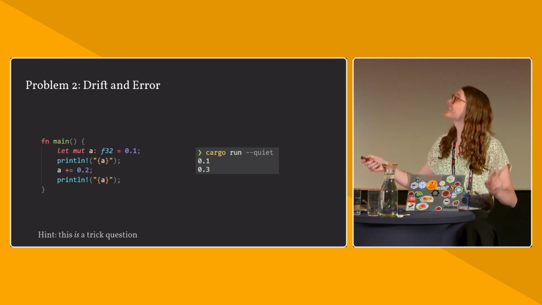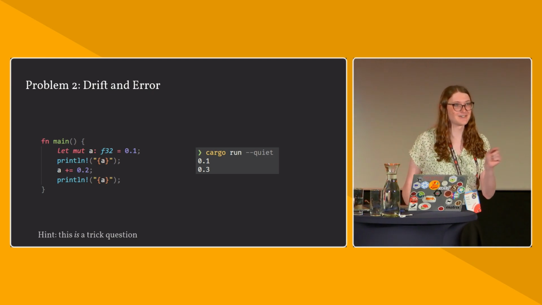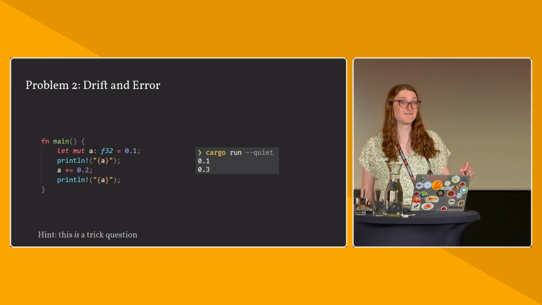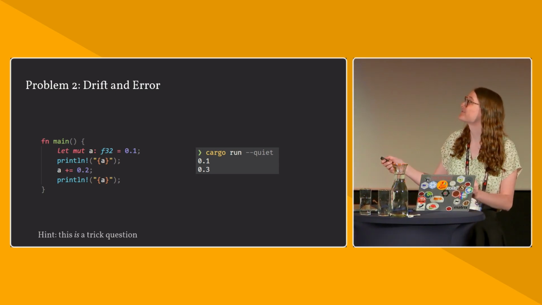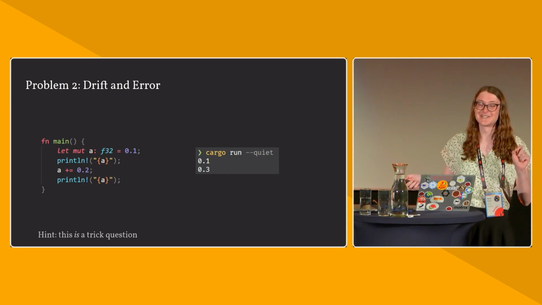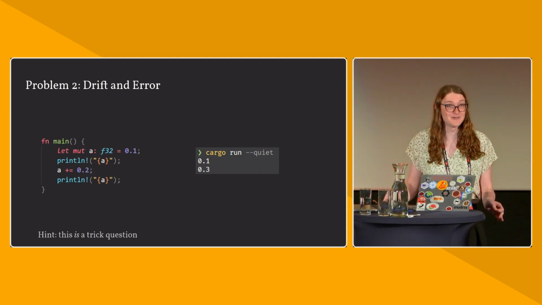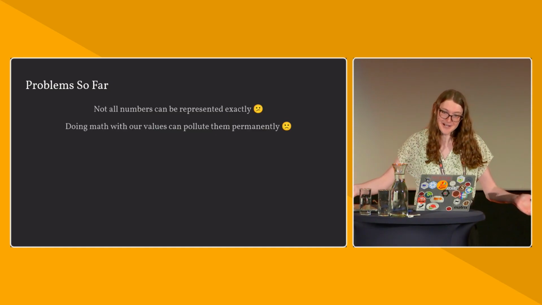No, the answer is that we're using F32. The classic 0.3000004 error only shows up on F64. It only shows up on double precision floating point. On single precision floating point, it at least appears to be much more correct. Remember when I told you this stuff was unintuitive? I wasn't kidding. So that's another problem.